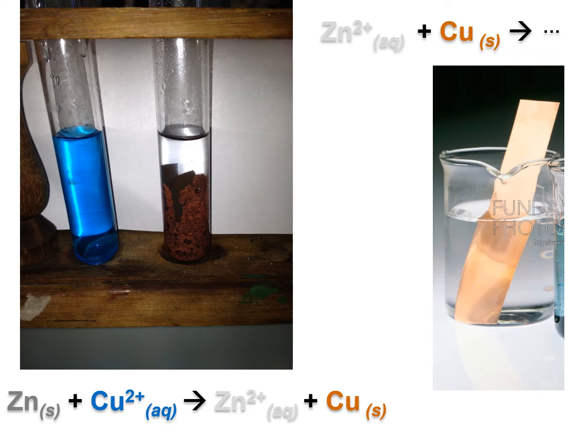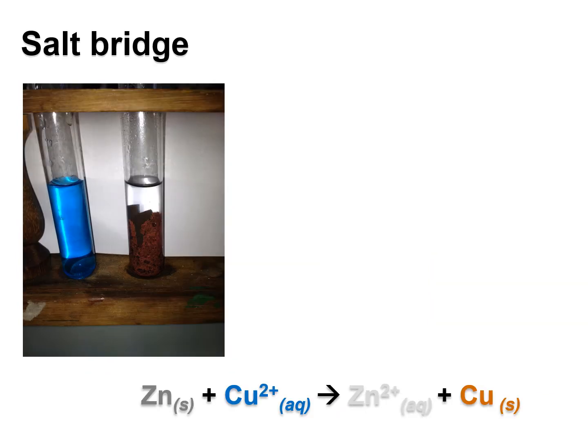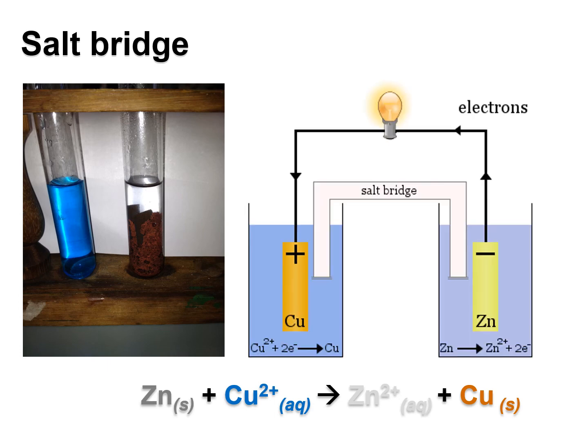So we have kind of just finished thermodynamics, so it's going to be interesting to connect these two units and figure out how to predict the spontaneity of oxidation. We have our spontaneous reaction between zinc and copper ions that consists of the transfer of electrons from zinc to copper, and we would like to exploit this to produce electricity, but we are unable because the electrons are following the path of lower resistance, going directly from the metallic zinc to the copper ions, and instead we would like them to go through an external copper wire. So we need to separate those two solutions, but then if we separate them, we have another problem.